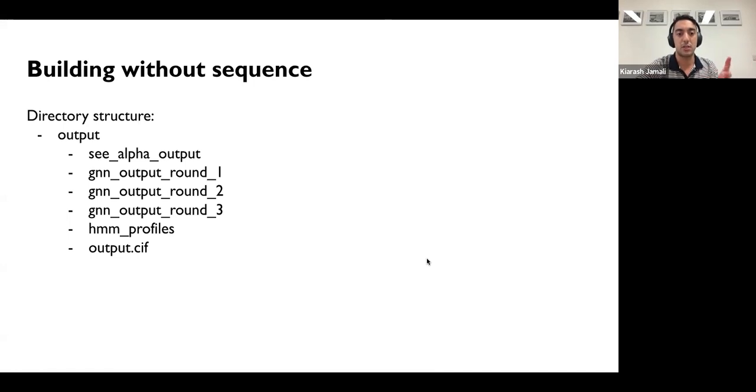This is what we use, for example, for the TMEM case, where you want to search against a genome or something; you would use these profiles. I'll explain how. The output.cif here is actually the same as the output_raw in the build with sequence. It hasn't been pruned because you can't prune anything, since you don't have access to sequences anymore. So it's a bit more messy than the normal Model.